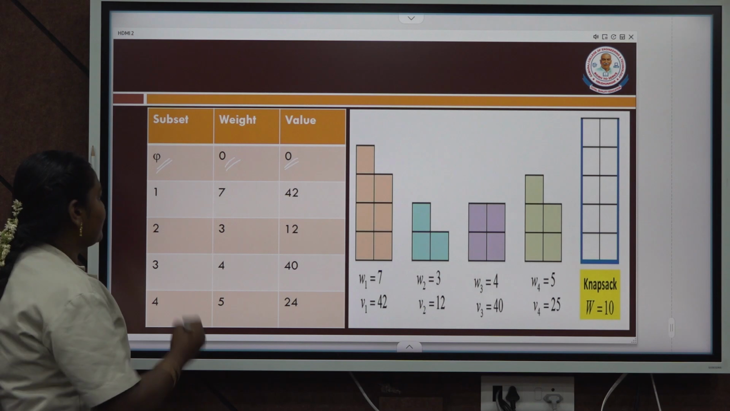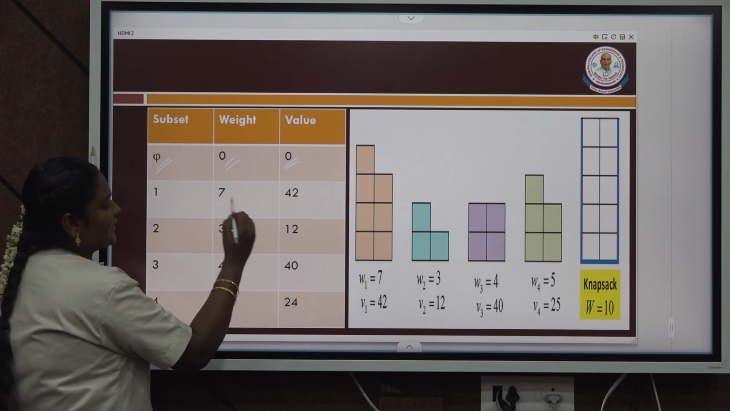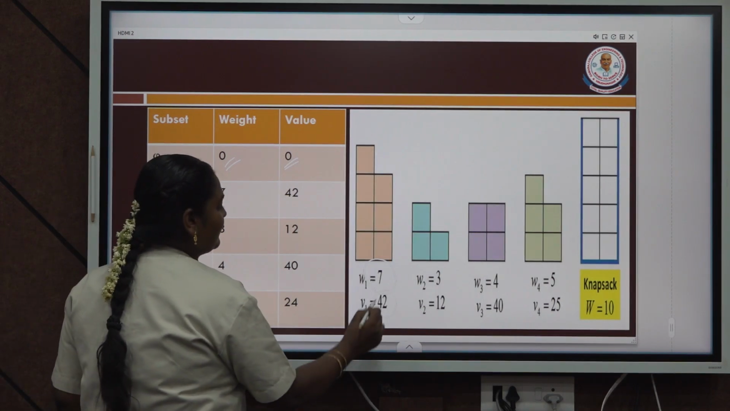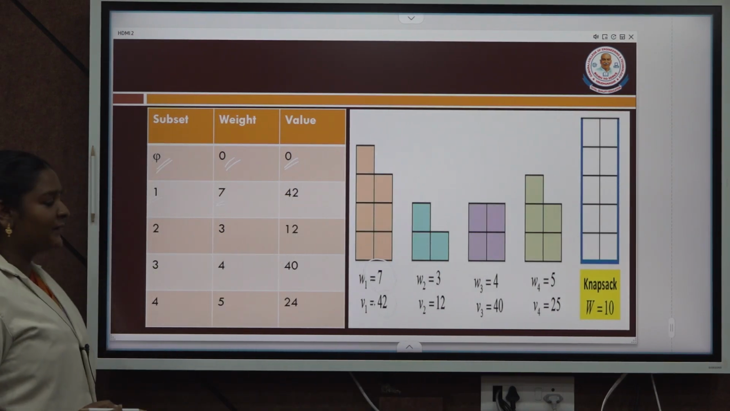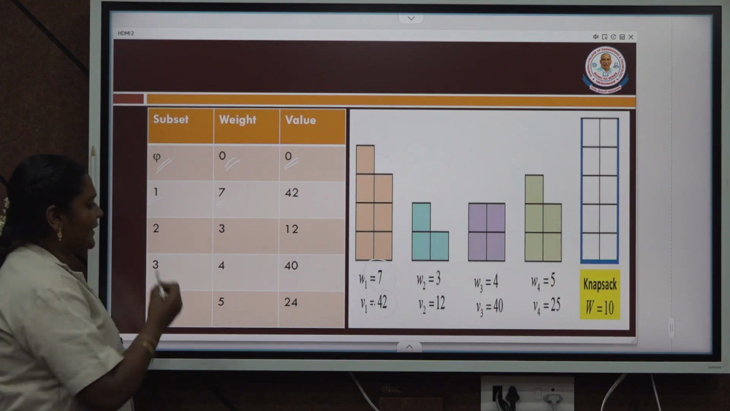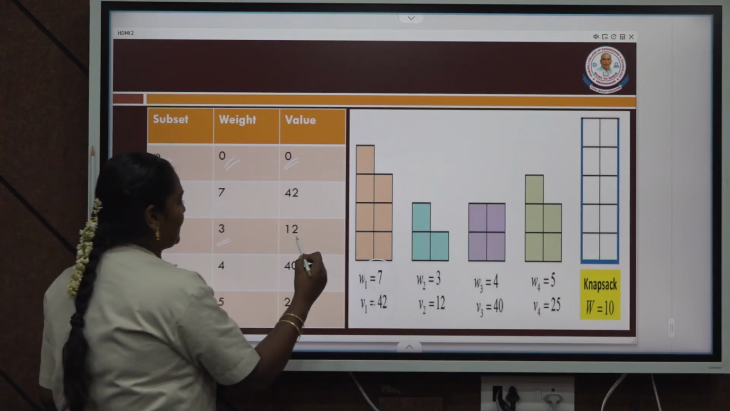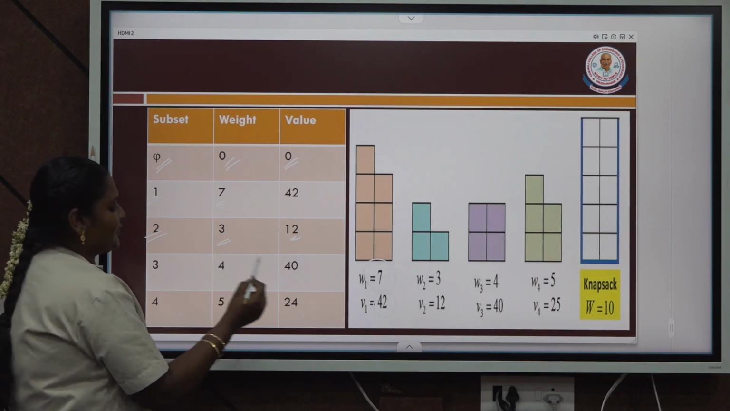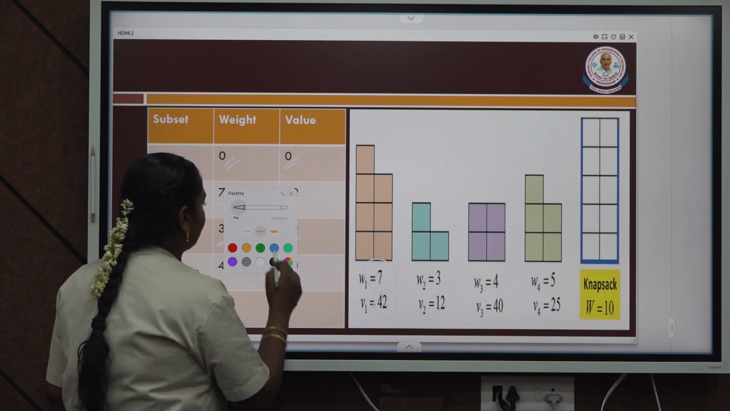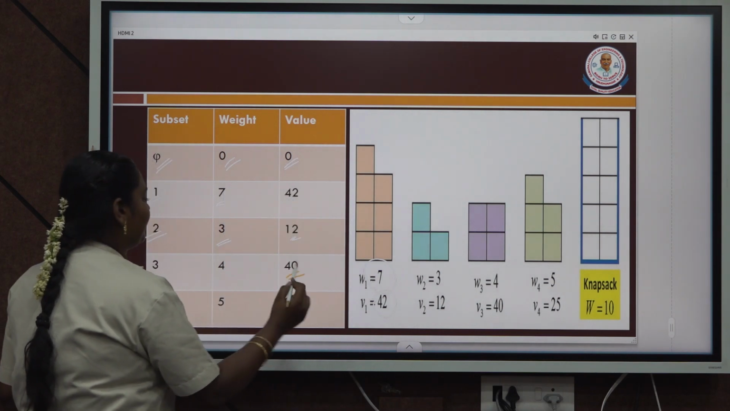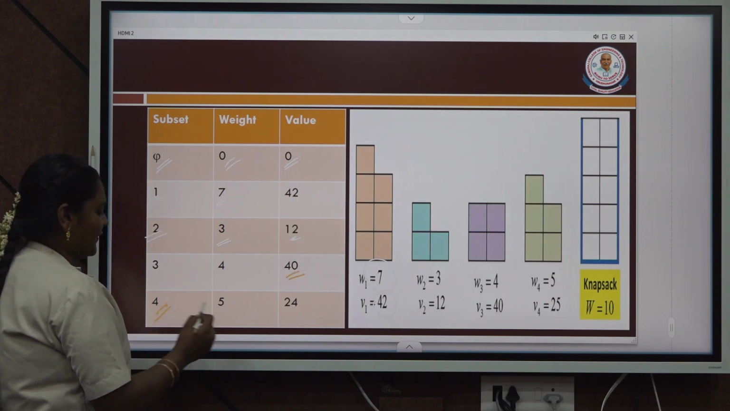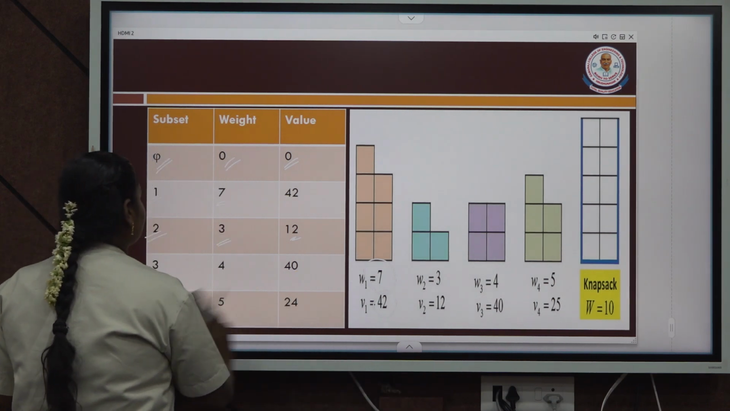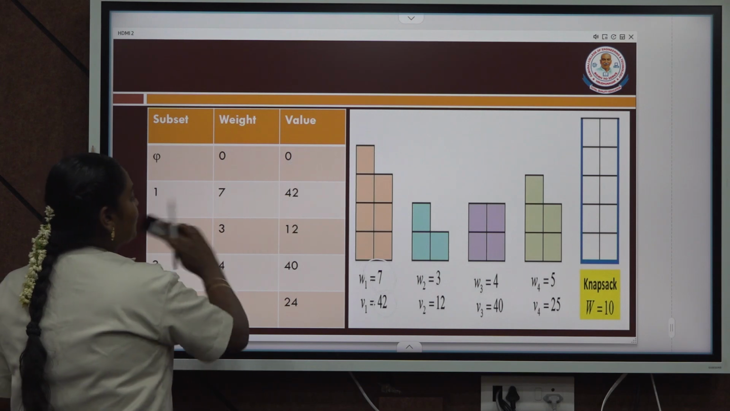If you are taking the first item, the weight is 7 kg, and the value of the first item is listed here. If you are taking the second item, then the weight is 3 and the value is 12. Likewise, for item 3, the weight is 4 and the value is 40. And for the fourth item, the weight is 5 kg and the value is 24. Likewise, we have to explore the remaining